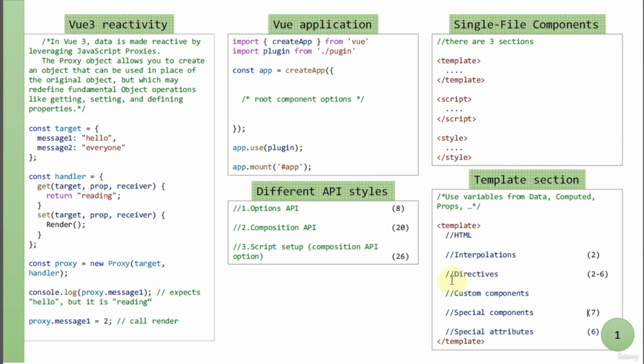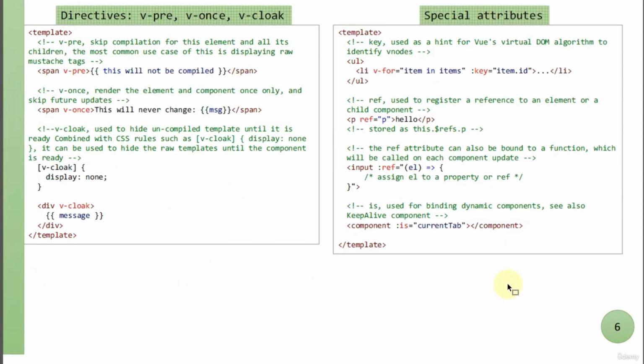So we finished the directives, and the next option in the template section is special attributes. Please open page number 6, special attributes. So the first one is a key attribute. It is used to optimize the virtual DOM render. Also a key is used with the vFor directive. I told you about this in the previous lessons. The next one is the ref attribute. It is used to register a reference to an element. So copy this